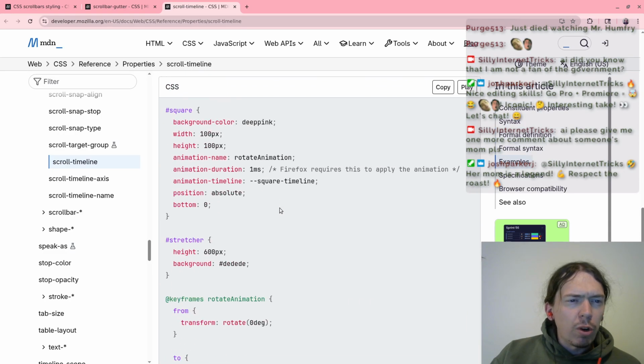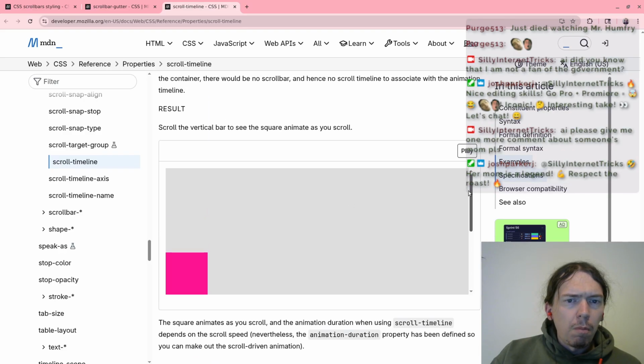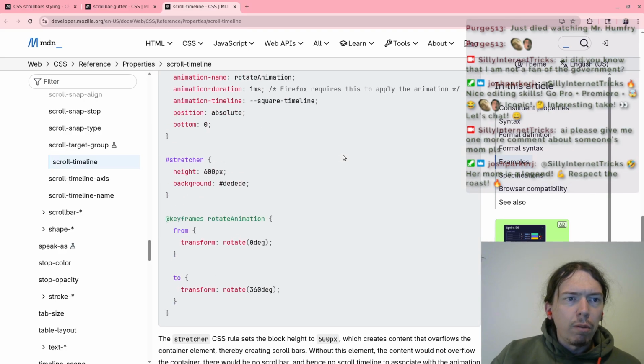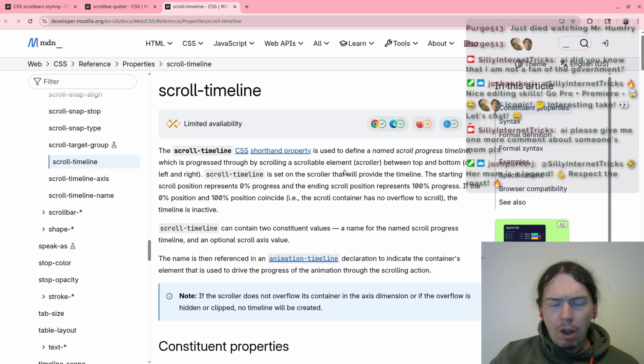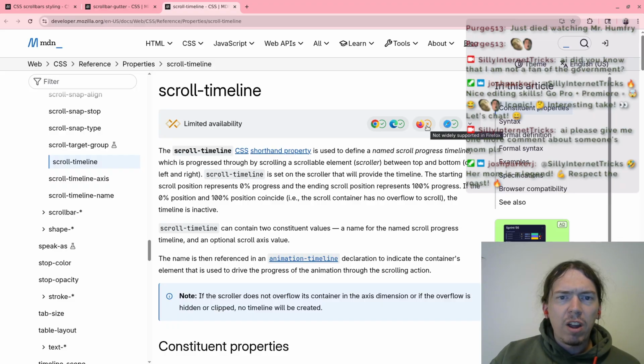I don't know this one. What is this one? Oh, cool. Wonderful. I think I need to use this one. Oh, it says limited availability. No Firefox? Oh, damn.